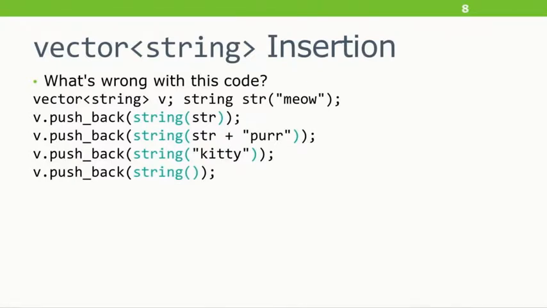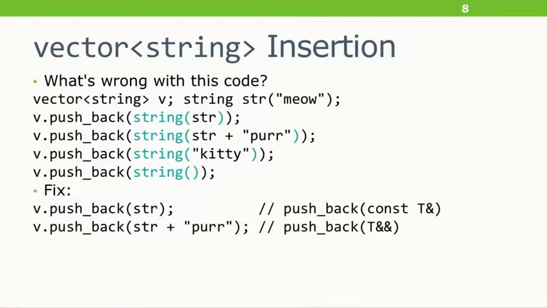So again, the case of push_back of string stir is especially gratuitous because it's already a std string. Same with stir plus purr, because that operator is going to return a temporary string. In these cases, we should absolutely be calling just push_back stir and push_back stir plus purr. Here I've noted on the right-hand side what overloads these are going to call. So instead of redundantly copy constructing or move constructing a temporary string and then destroying it, these will directly call the overloads that copy a new element or move a new element, and you're done. That's the best you can do. In this case, we really do need to copy or we really do need to move. We can't get more efficient.